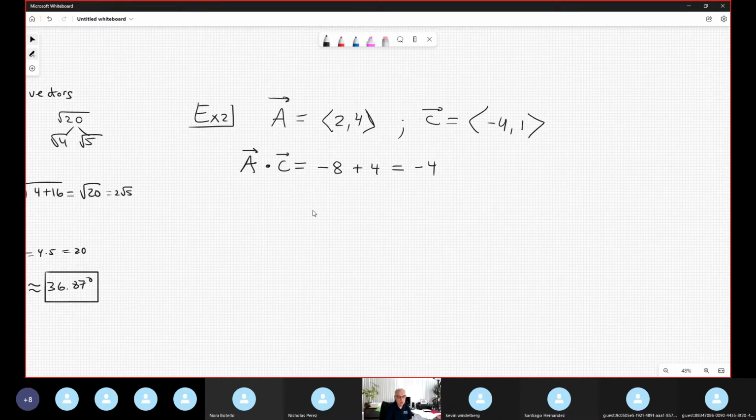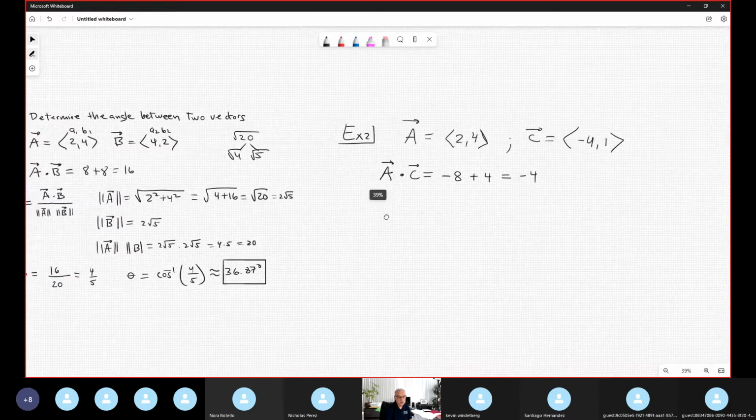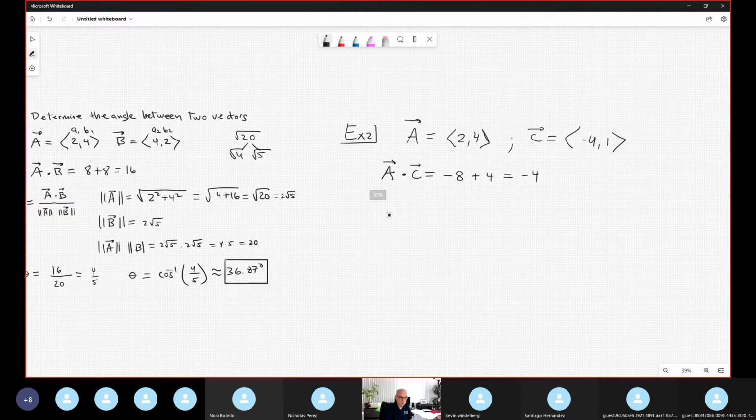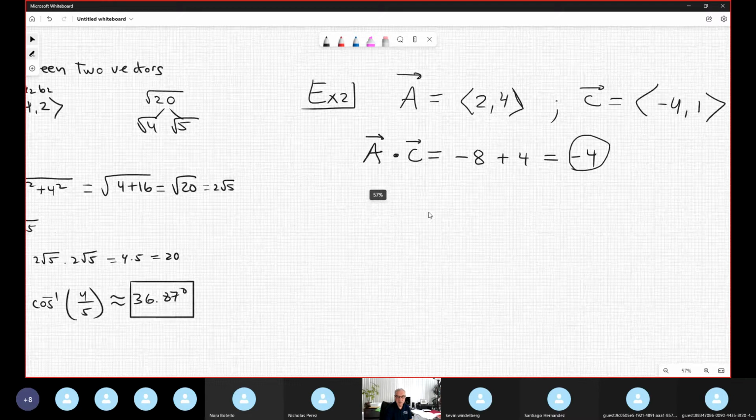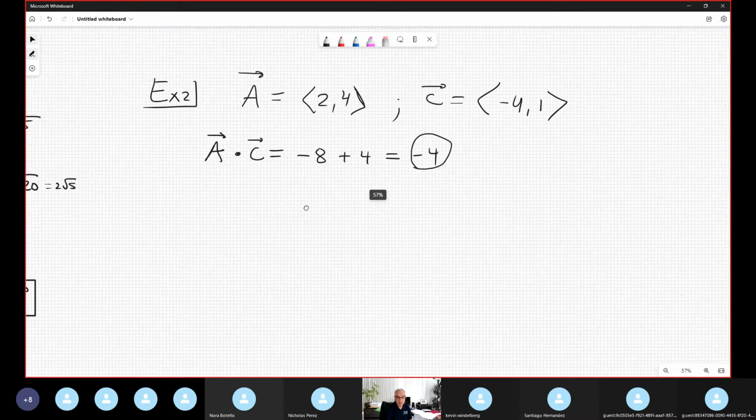What would be the interpretation when the dot product is negative? In example 1, the dot product was 16, it's positive. However, in this case, it's -4. So I need to discover what is the interpretation when the dot product is negative. No idea. Okay, now if you wanted to find the angle, the same formula, cosine theta,